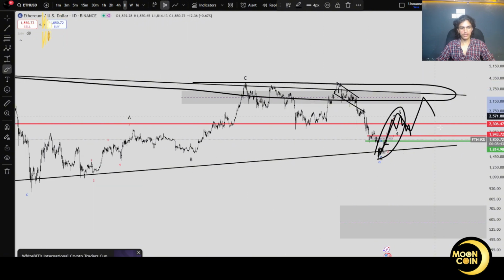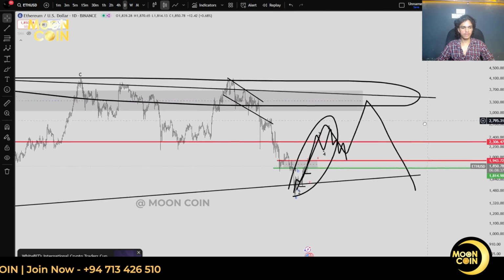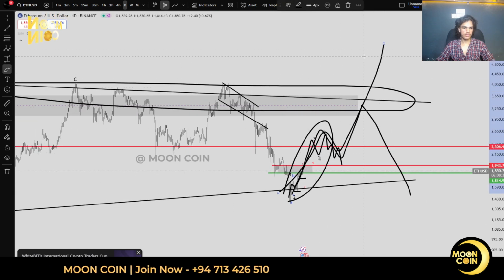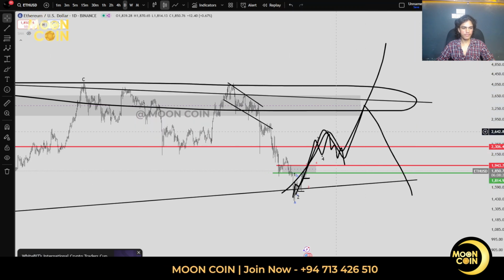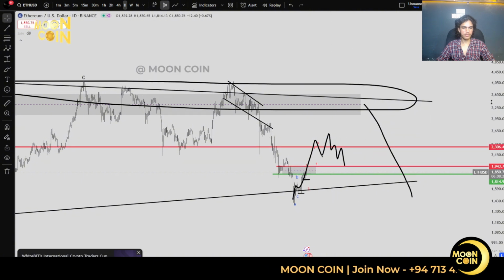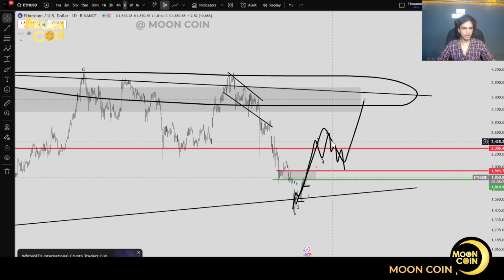So it can drop from there also for impulse. If the third wave achieves its common target, it will be like that 1.6 fib level. If it reaches there, then we can assume the market can be a bull market. One thing is sure: if this wave one is formed,